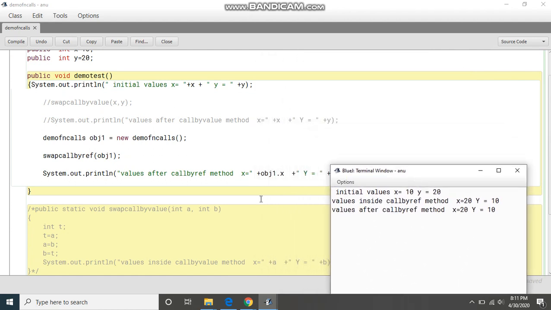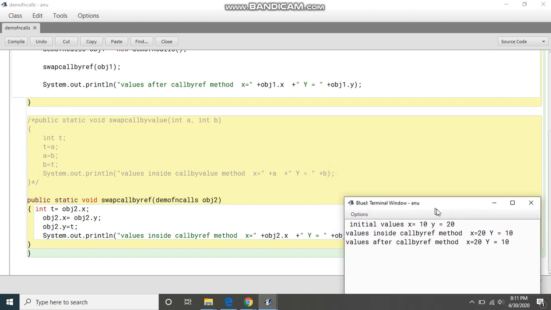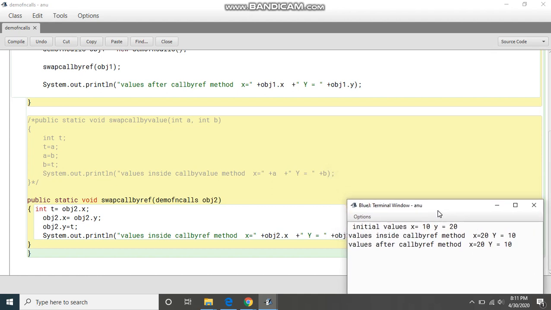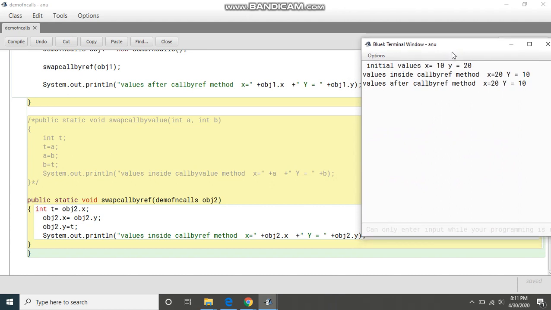Then the control has gone to this function, and this is the answer of the second line. That means the values inside the call by reference method are x is equal to 20 and y is equal to 10, and the control goes back, and this is the answer of the third line: values after call by reference method are 20 and 10. That means whatever changes you have made in this function are actually made on the original value.